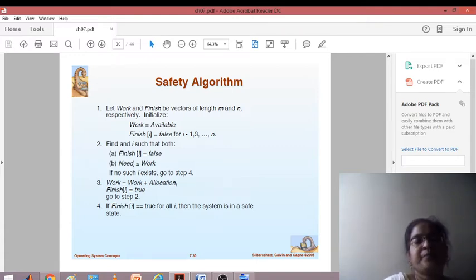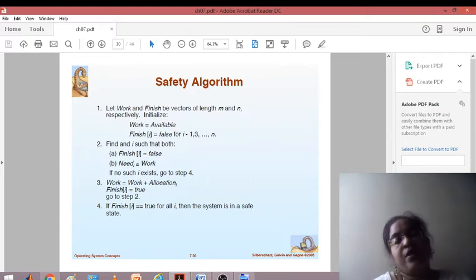After finishing, it is going to release them. So now we have obtained a process P2 whose need is less than or equal to work. After executing, P2 finishes its execution, and when it has finished, it is going to release all the resources it is holding.